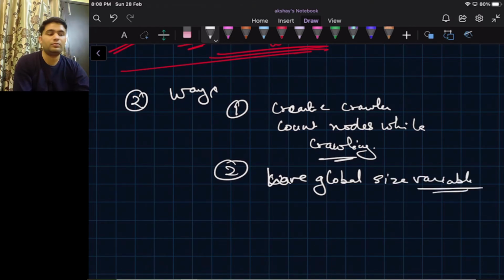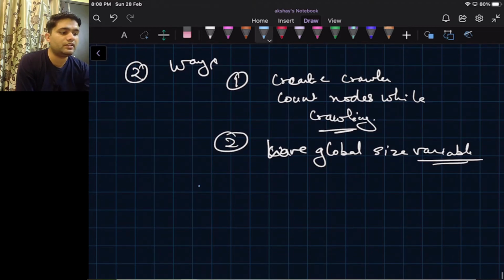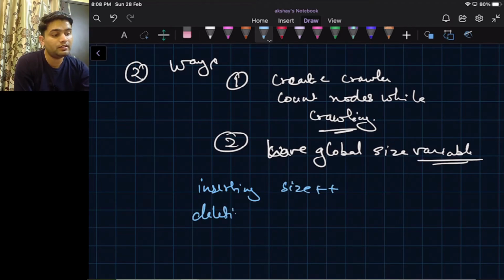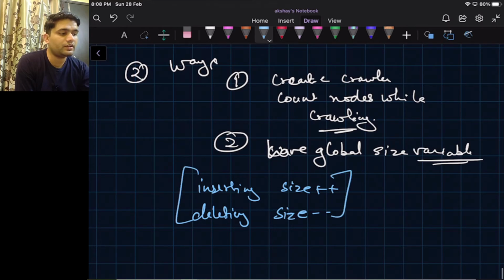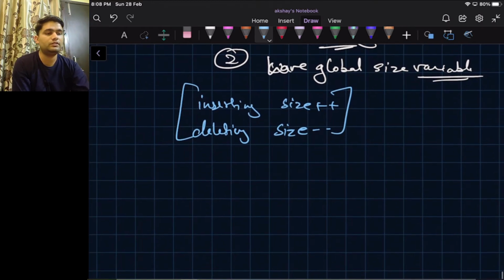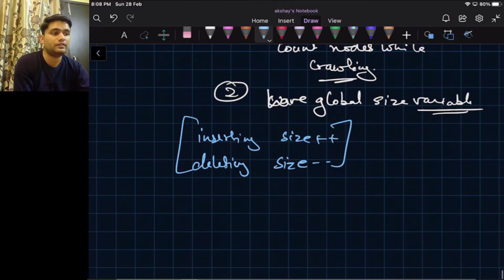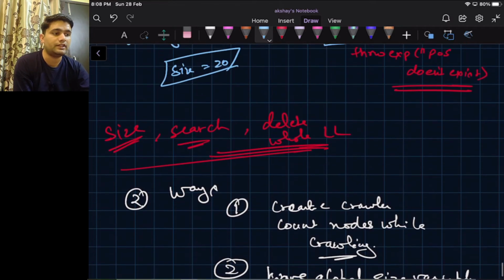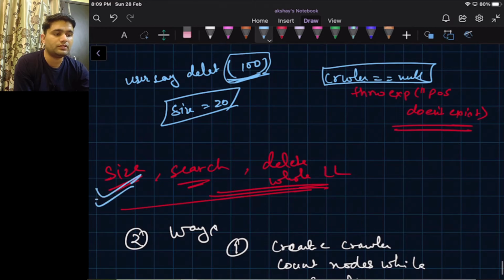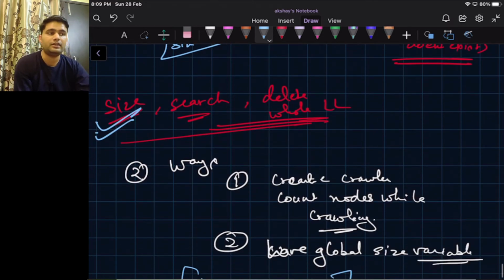This global size variable will change whenever we are inserting. We can do size plus plus, and whenever we are deleting, we can do size minus minus. So this is how we can find the size of the linked list. Size is very trivial, it doesn't need much work.